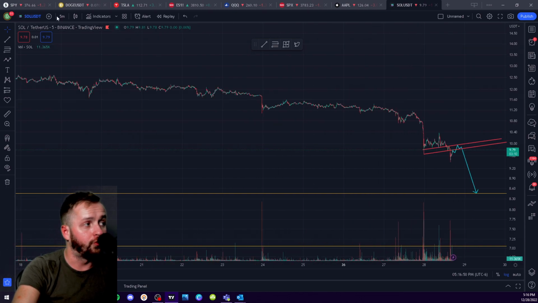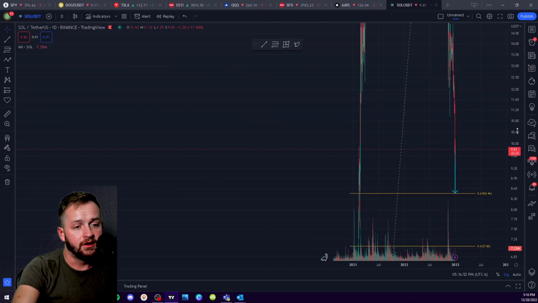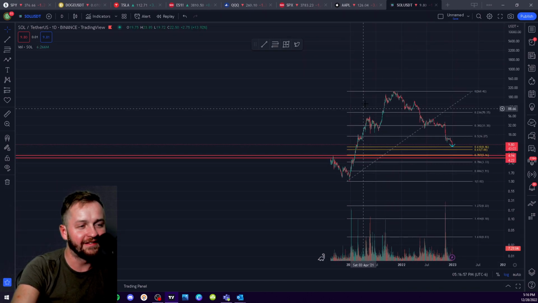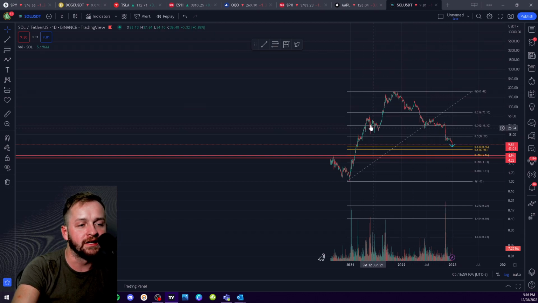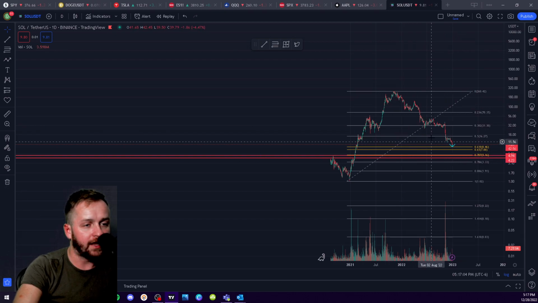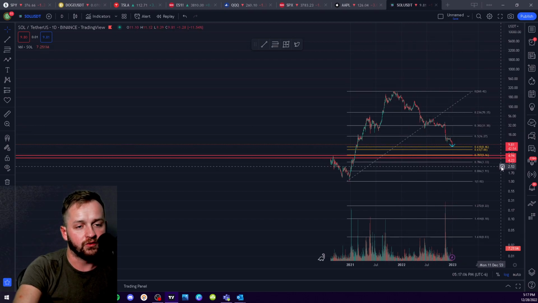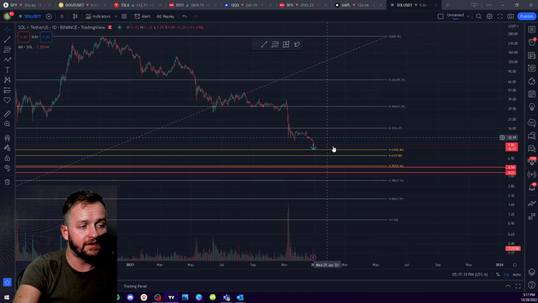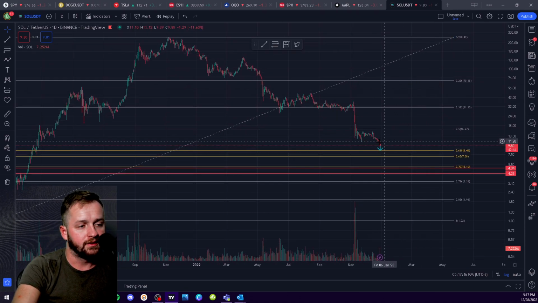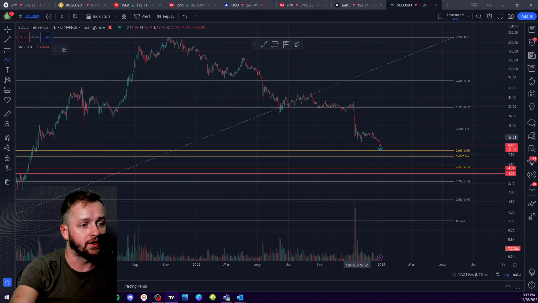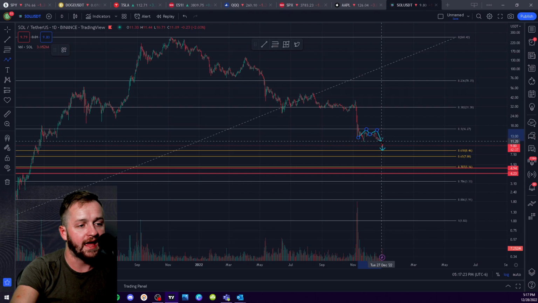This chart looks horrendous. I love this chart in so many terrible ways. This thing is just a big old nasty ugly distribution. It's just redistributing. It doesn't even pretend like anybody's accumulating it that has any sort of pocketbook that would be able to control the price in that way. This is a very easy, simple read to me. Not financial advice, obviously, but this thing is just redistributing again.